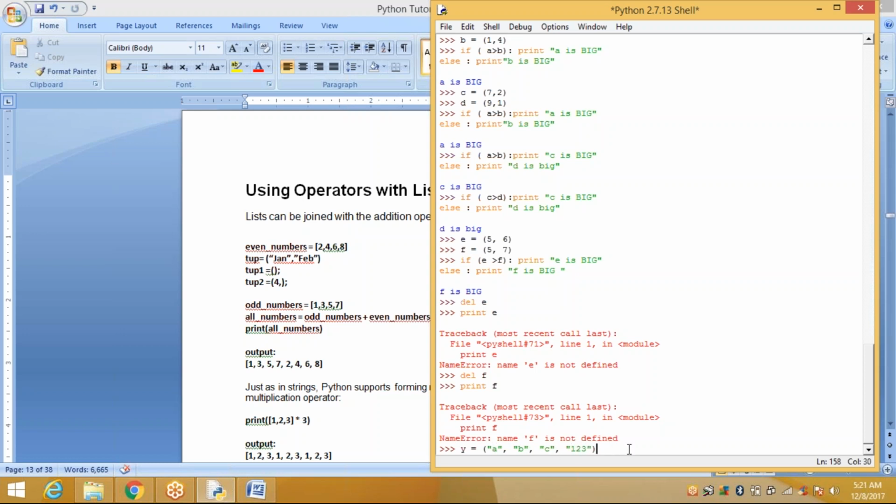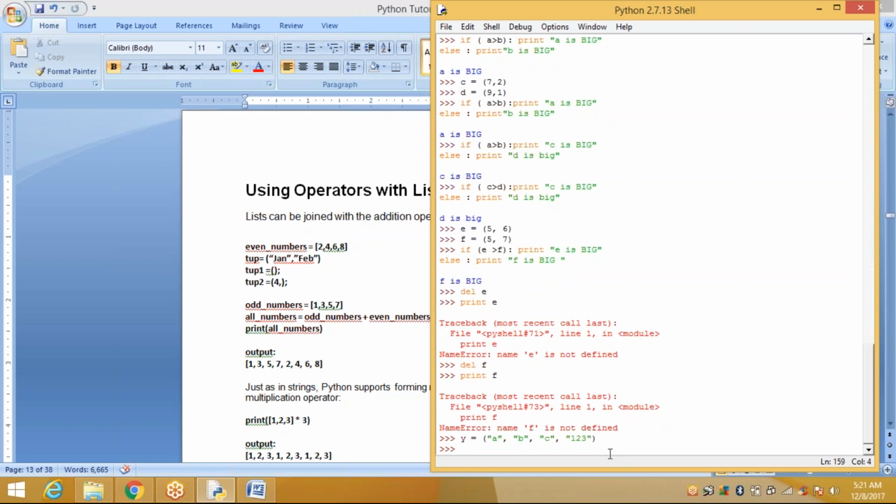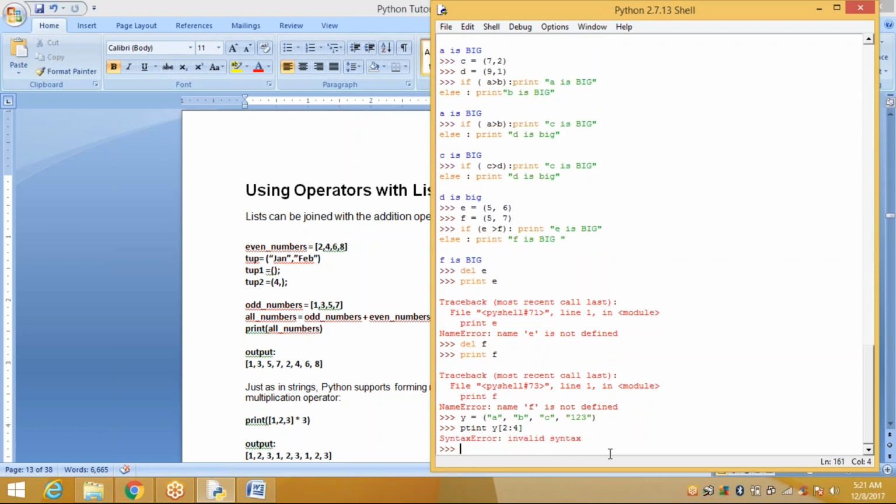I am defining the tuple y is equal to a, b, c, 1, 2, 3. Next, print y of, what is your range? If you want to slice, you can apply the range in square brackets, 2 to 4. Similarly, the syntax is 2 to 4.